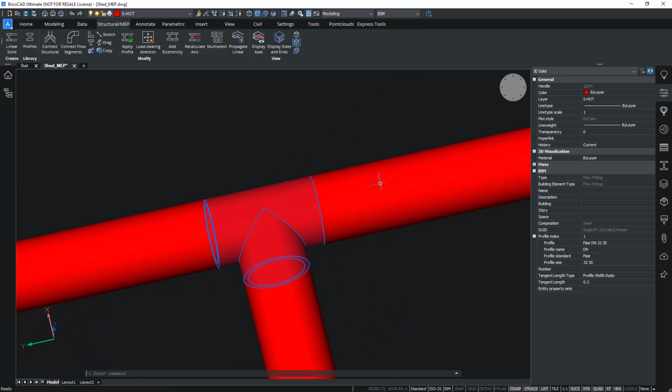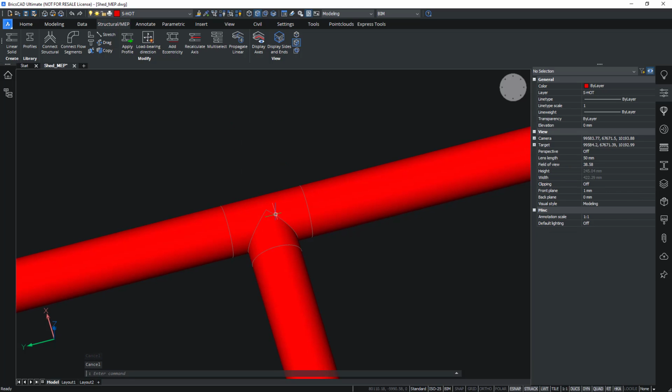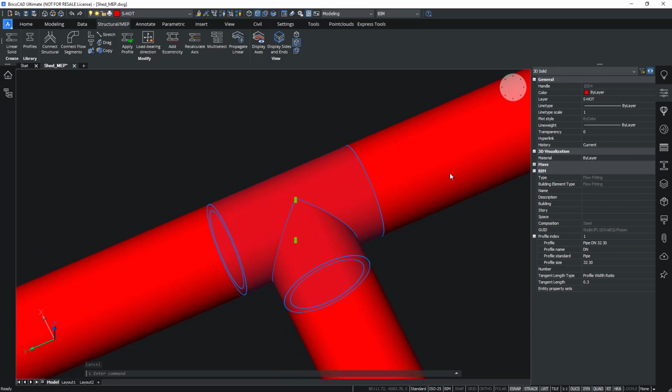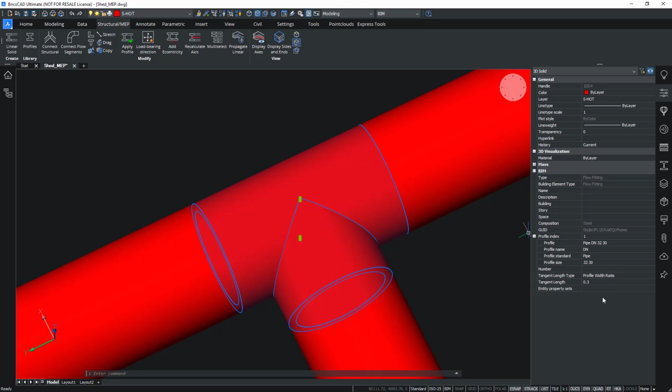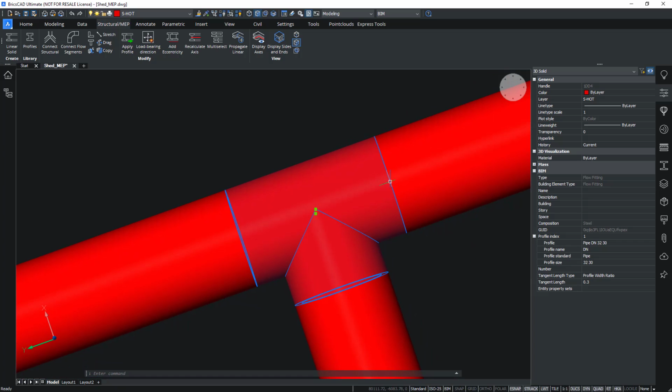So now this one pipe is split up into two pipes, and a T was created in between. Again, with some properties like the tangent length. We can see that this T actually has three profiles because there's three pipes coming together, and you can see their profiles by cycling through the profile index here. In this case, all three are the same, of course.